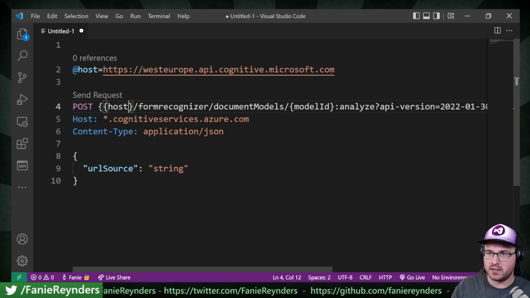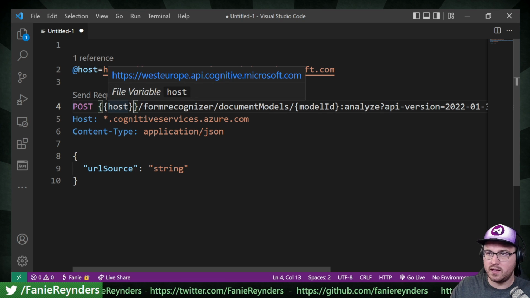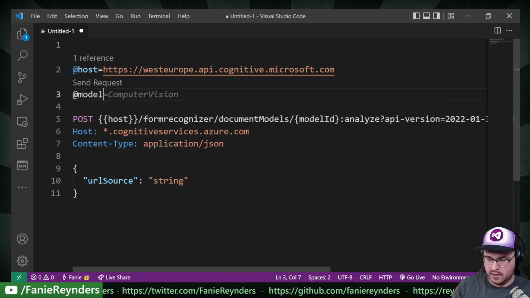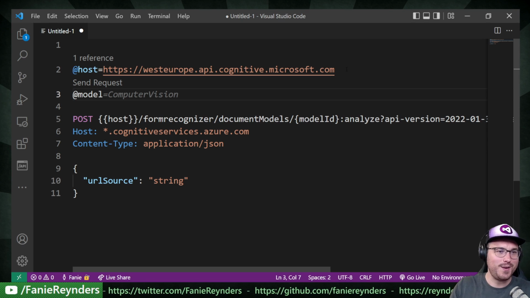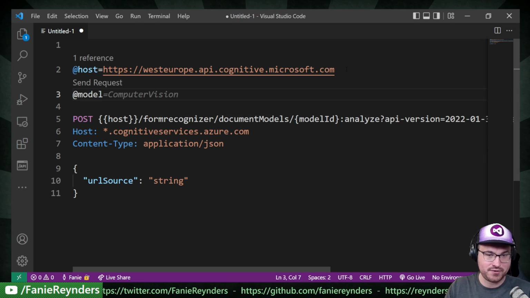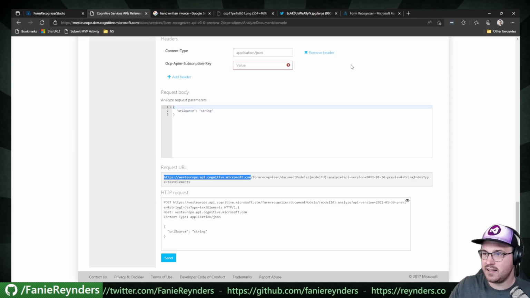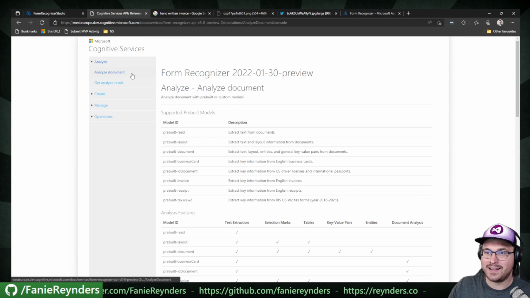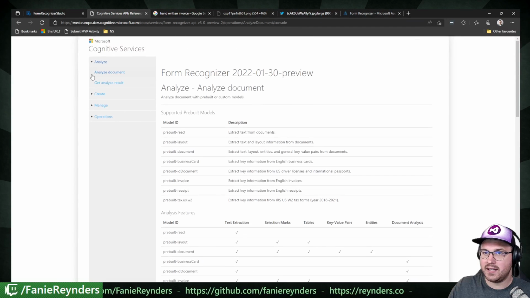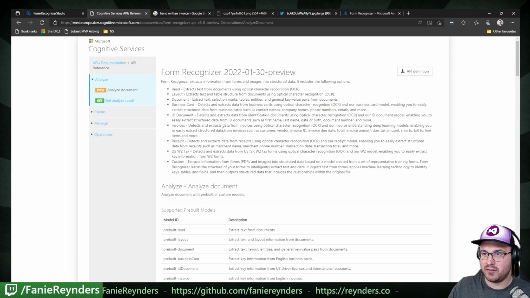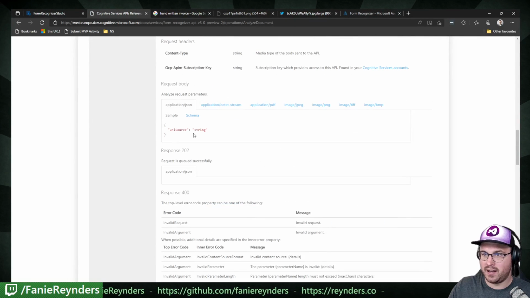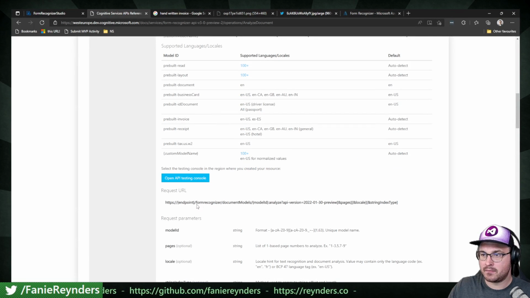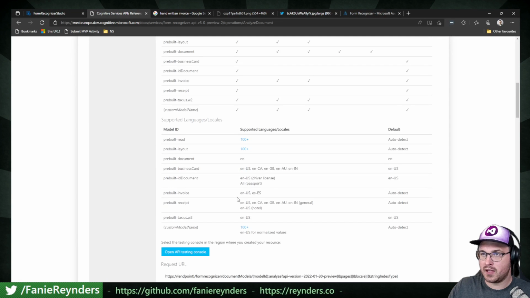Double brackets, I think. Yes, great. So form recognizer and the model ID I need. Oh wow, look at autocomplete or Copilot now trying to suggest things to me, you little suggester. So the model ID, what do we need to do first? We need to do an analysis, right? So the model ID is analyze document first, right? We first need to tell it to analyze a document. And we do that by going to model ID, which is